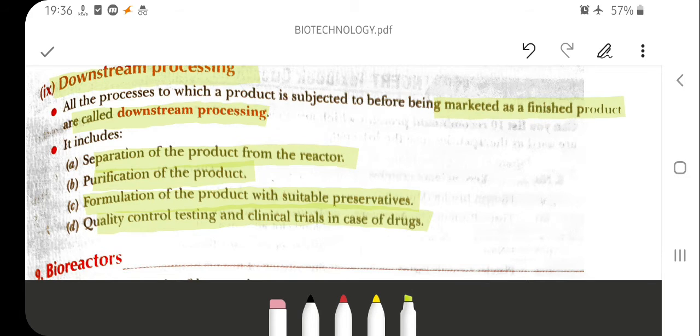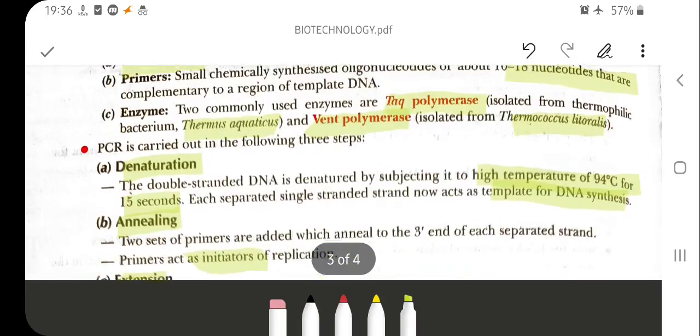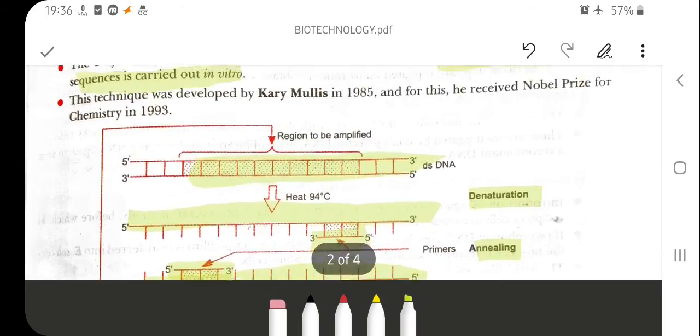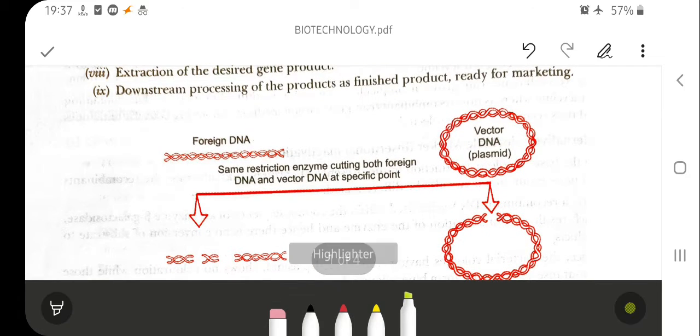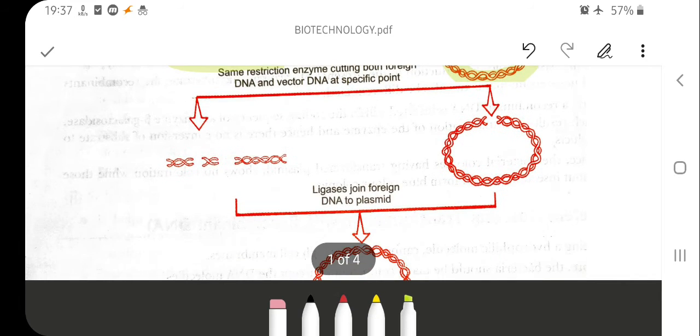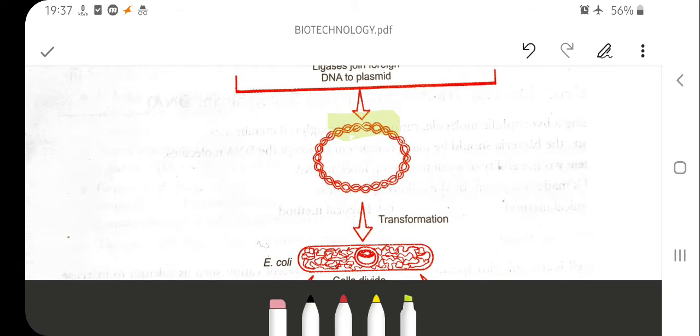So these are the various steps which we have discussed one by one, having the recombinant DNA, and after that the recombinant DNA gets multiplied. Here you can see this is your foreign DNA, and this is your vector DNA. With the help of the same restriction enzyme, they are cut out, and they get the fragments of the desired DNA, which get purified with the help of gel electrophoresis, amplified, and then ligated with the help of the enzyme DNA ligase. Now this becomes your recombinant DNA.